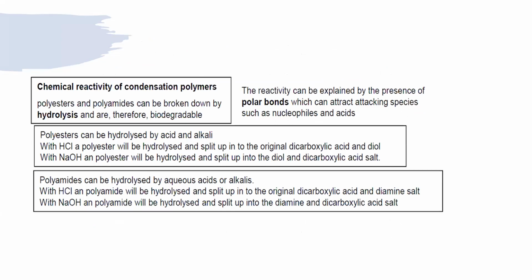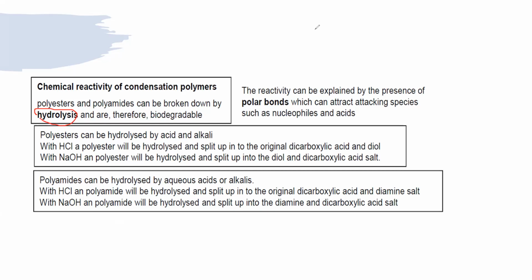When we compare the chemical reactivity of condensation polymers, polyesters and polyamides, if a polymer can be broken down by a water molecule, aqueous acid or aqueous alkali, the process is known as hydrolysis. Because we can break these molecules with the help of water, aqueous alkali or acid, we call them biodegradable. So polyester can be hydrolyzed by acid or by alkali. The advantage of these biodegradable polymers is that they will not produce too much rubbish from plastic waste,